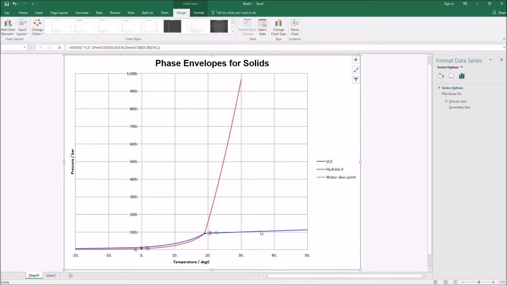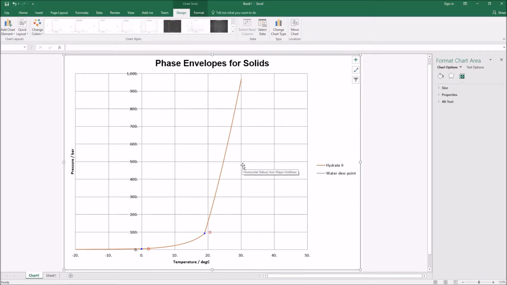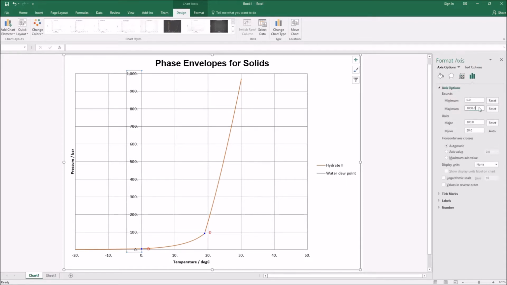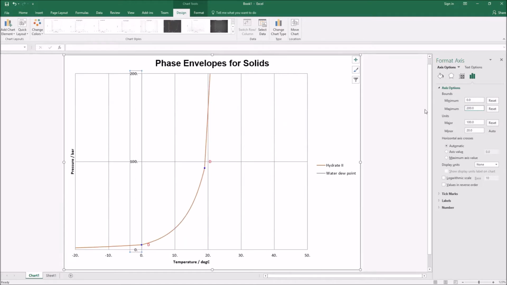We have our VLE curve in here, and we have our hydrate formation curve. So you can see that once we get up to very high pressures, we can get hydrate formation even around 30 degrees C. Now, these are extreme pressures, and we're more likely to be dealing with this sort of range